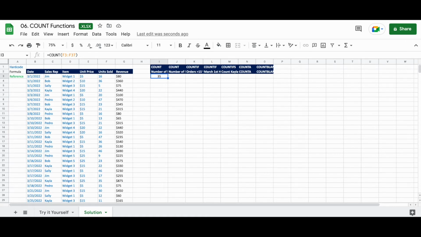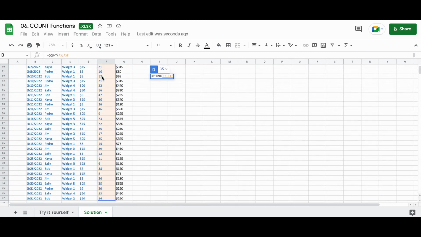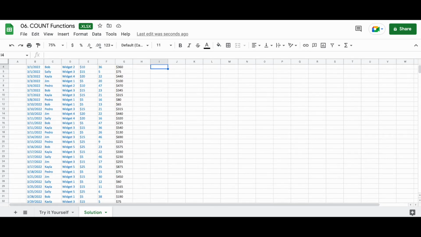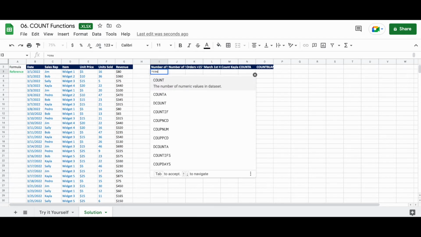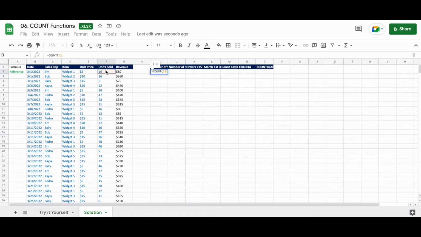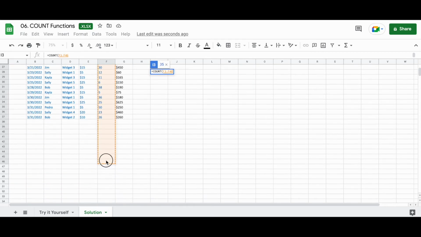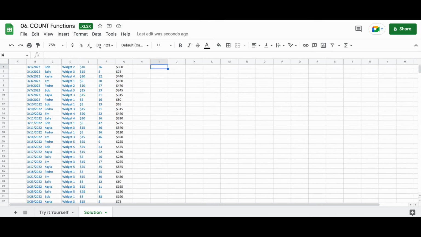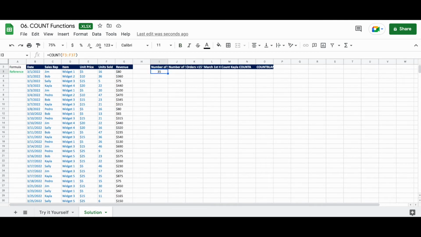Now, if you think back to some of our other sessions, there are a couple different ways that you can select a range. You could do what we just did and type the cells that you want to count, or you could do equals COUNT and then click into F3 and then do a Command Shift down arrow and select all the way to the end of the continuous range and then close parentheses. Or, once again, you could do equals COUNT and click over to F3 and then drag all the way down to F37. So, a lot of different ways you can do it, but ultimately it gets you to the same answer.